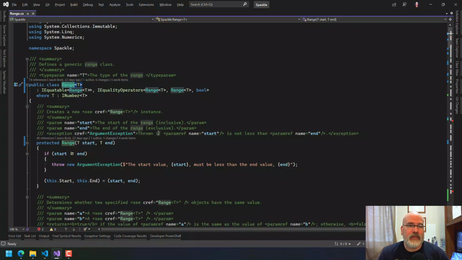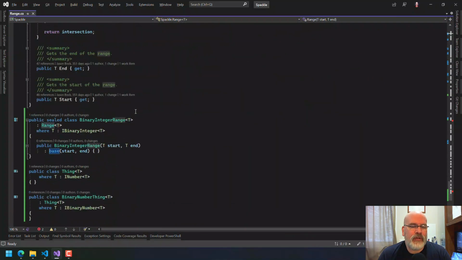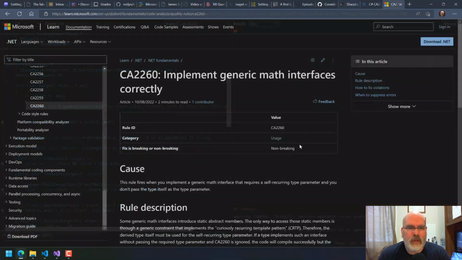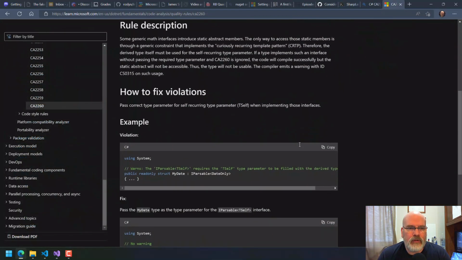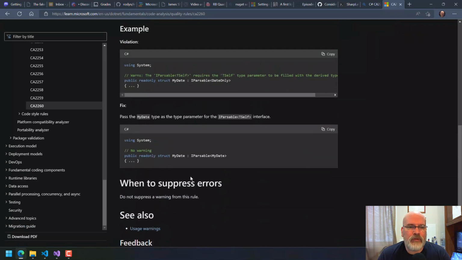I mean, it is literally the same thing. So I'm stuck again. I don't know what to do. What's interesting is that I think it's a warning, because you can suppress it. Of course, it says, do not suppress a warning from this rule.